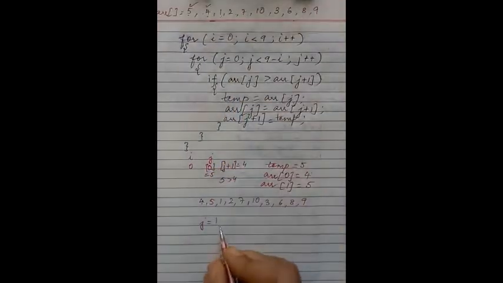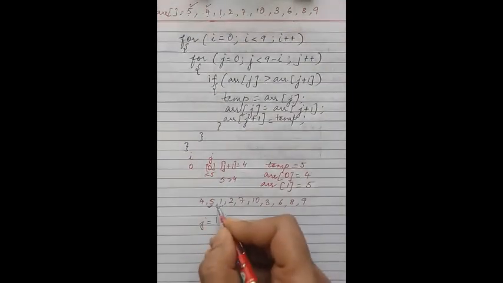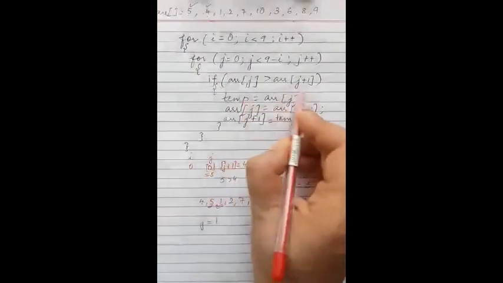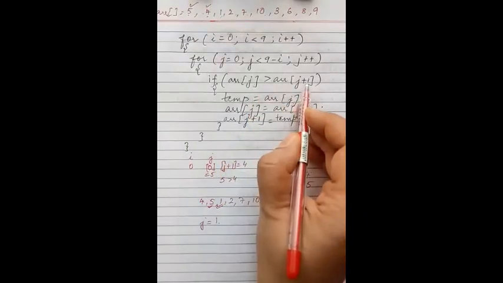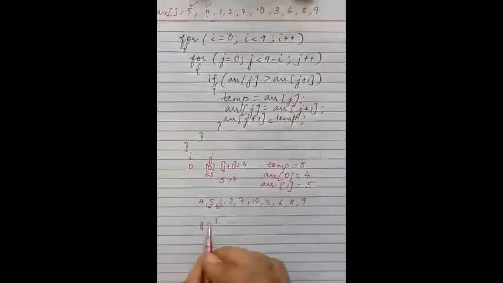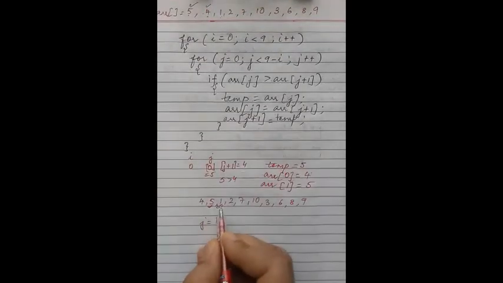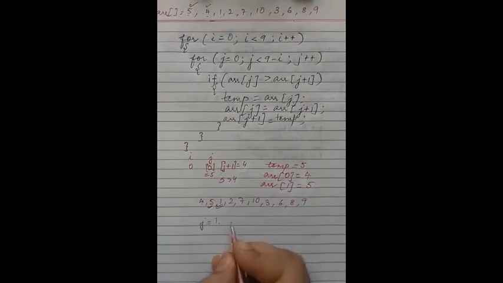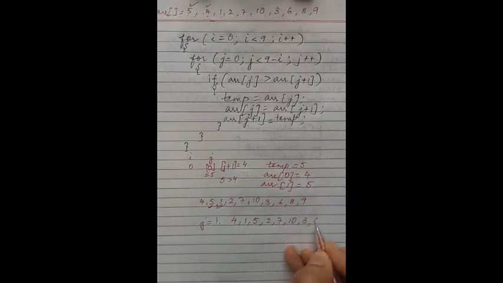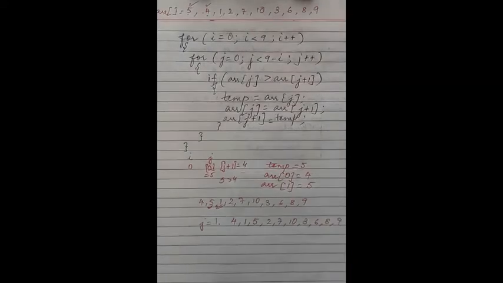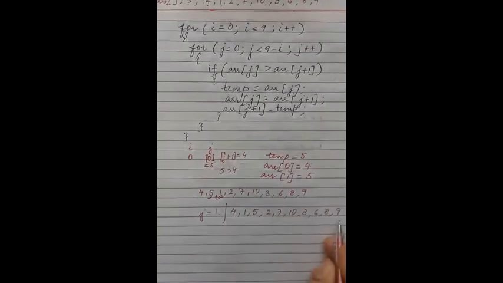अब क्या चेक होगा? J की वैल्यू 1 हो गई. दैट मीन्स एलिमेंट एट पोजीशन 1 एंड एलिमेंट एट पोजीशन 2 कंपेयर हो रहे हैं इनसाइड द इफ लूप. इफ स्टेटमेंट में एलिमेंट एट पोजीशन 1 एंड एलिमेंट एट पोजीशन J+1 दैट इज एलिमेंट एट पोजीशन 2 कंपेयर हो रहे हैं. 5 एंड 1 कंपेयर हो रहे हैं और ये इंटरचेंज हो जाएंगे बिकॉज 5 इज ग्रेटर देन 1. सो व्हेन J इक्वल्स टू 1, इसके बाद क्या आएगा? 1, 5, 2, 7, 10, 3, 6, 8 एंड 9. ठीक है, J इक्वल्स टू 1 में ये होगा.